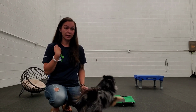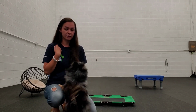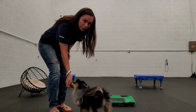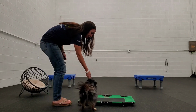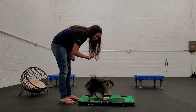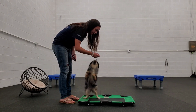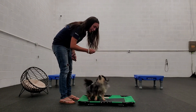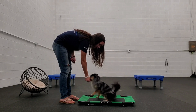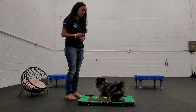But I'm going to break it down all the way just to show you guys how I start with them. So when I first start with a puppy, I start close to the face. I'm going to lower her over into an object, and I'm going to either pull my hand up, have them sit. Sometimes you'll see this behavior with standing up, so you don't want to put her hand away all the time. You want to actually go ahead and push them down. So I'll mark the reward once her butt touches, and then if she offers it again,